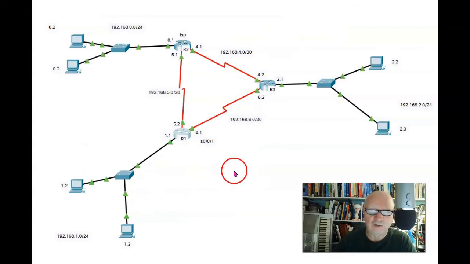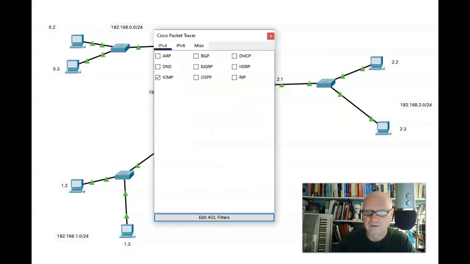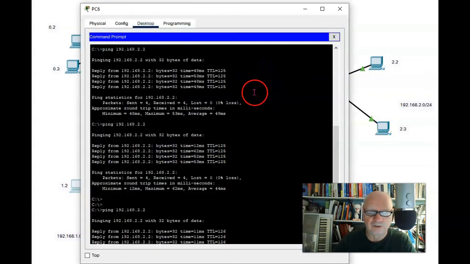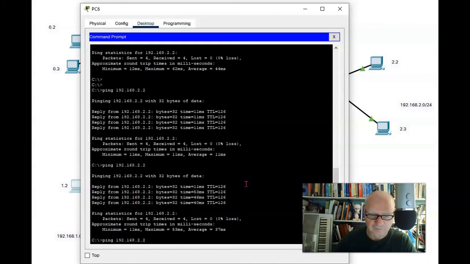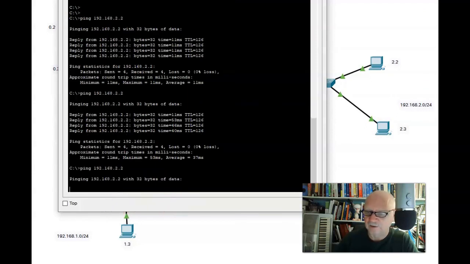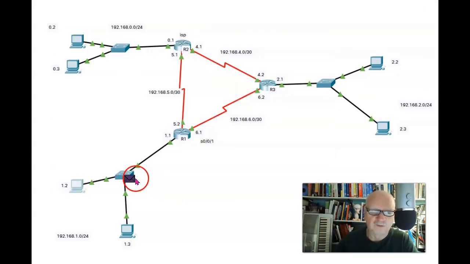And let's do our ping now and see what route this thing takes. I'll turn on the simulator. Make sure we have ICMP traffic on, and I'll set up a ping here on this PC to 2.2. Let's raise this up. And now that it's set up, I'll click the run button and we'll watch this packet and see what it does. So it goes to router 1, now to router 3, and then up here to 2.2. So it took the fastest route.